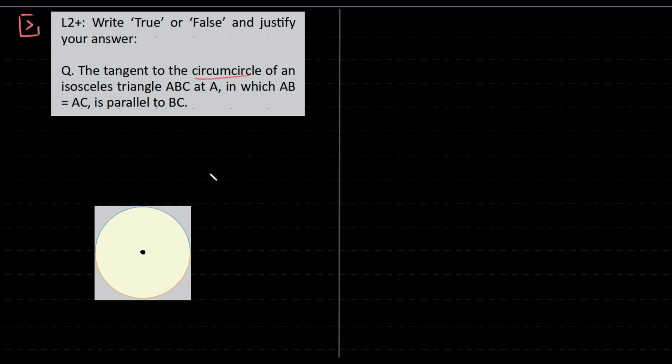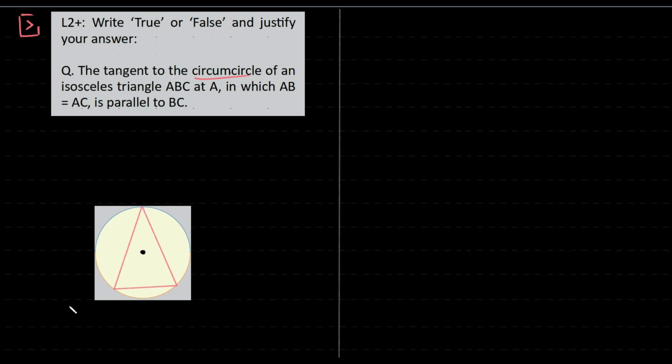So it's quite simple. Say we have a triangle. If we draw a circle touching the vertex of the triangle, all three vertices that is, then this circle is said to be the circumcircle. Okay, but in this case we have a particular triangle, that is an isosceles triangle,